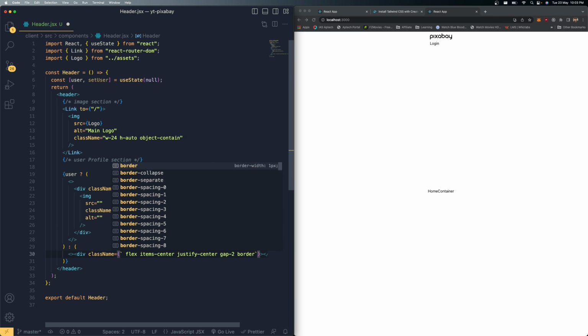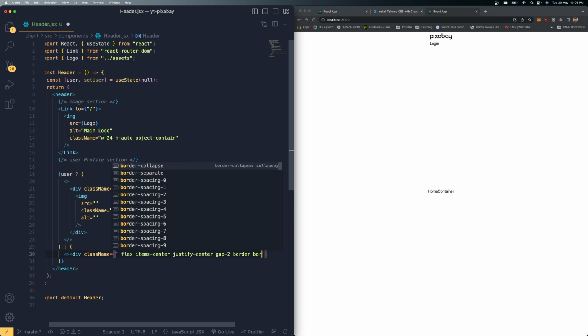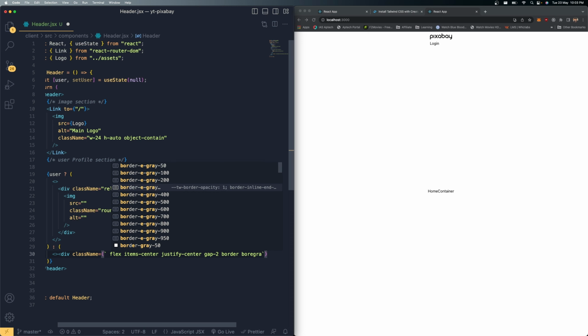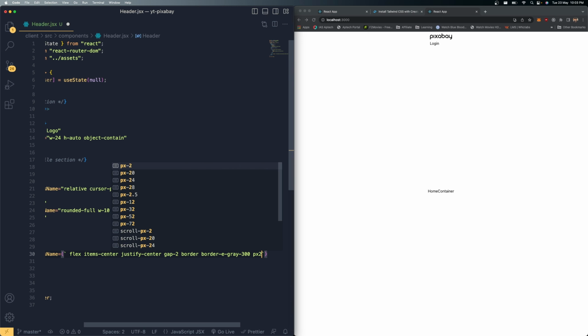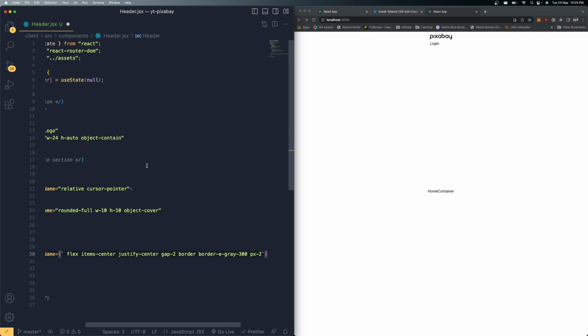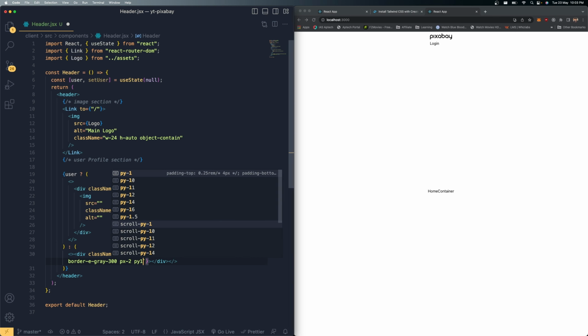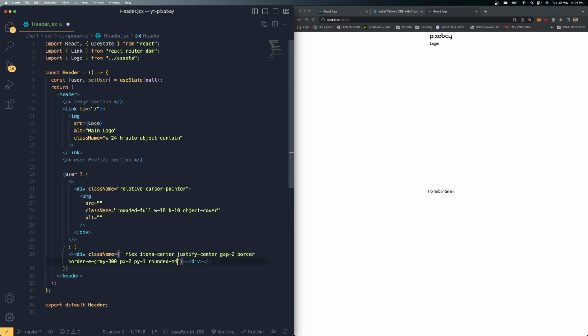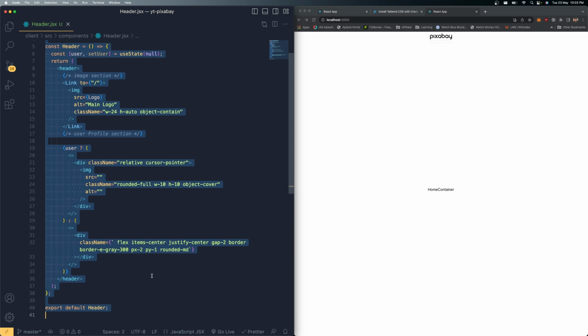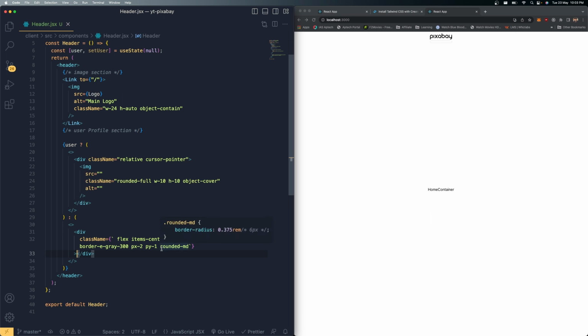And the border, we need to have the border, and the border color is going to be border gray 300, and padding left and right it's going to be 2 pixels. I enable the word wrap. Okay, 2 pixels. Then py top and bottom it's going to be 1, and rounded empty. So let's save the changes, and inside here I'm going to bring that FC Google icon, and I'm going to